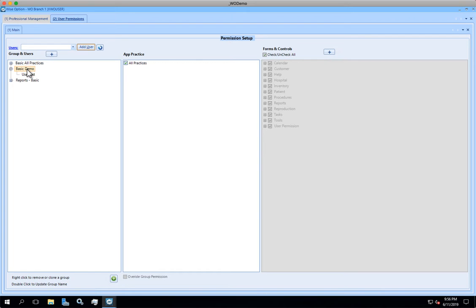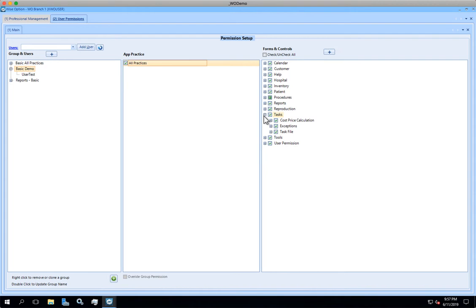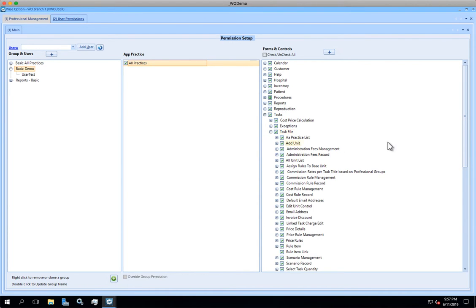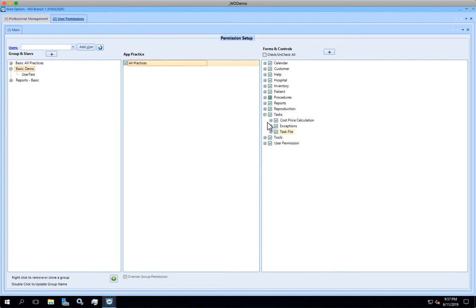Now if I start working with that fake user and I log in as that fake user, you should notice that fake user can do anything in WO6 option. Okay? So once you have that set, you can start revoking. Let's say that under tasks or in the task file. Let me do a different example. Let me go for reports. Under reports, in the billing reports,